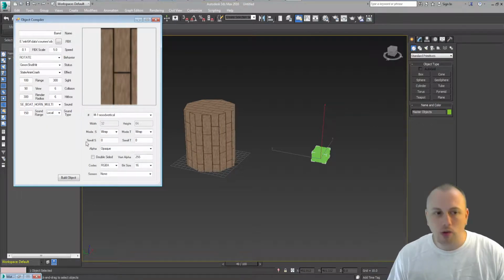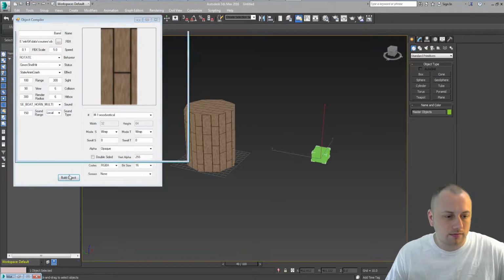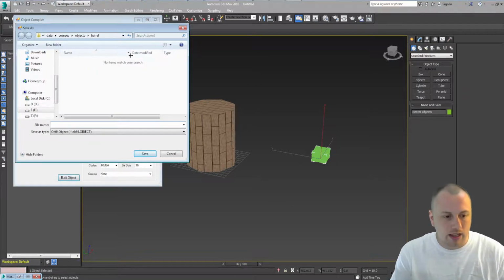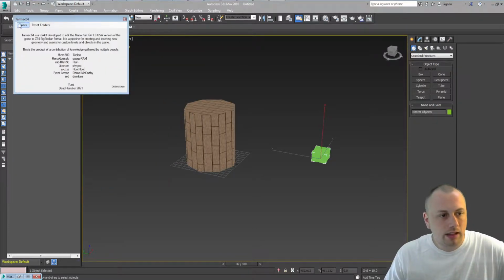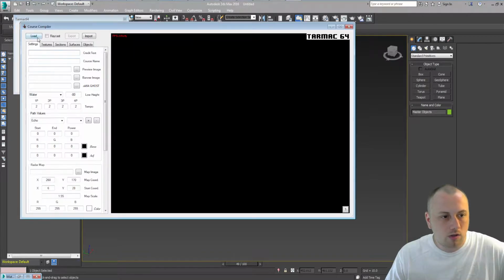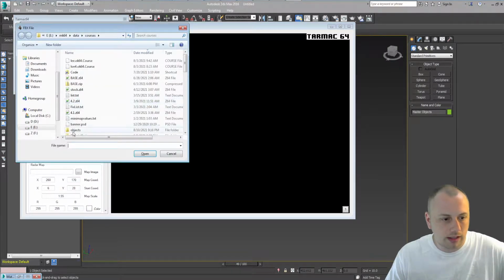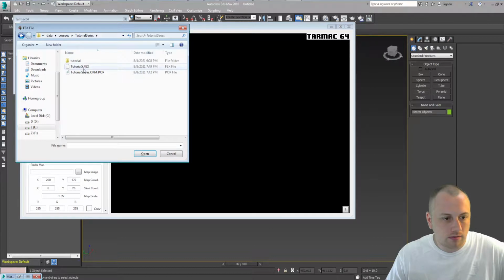Okay, that should be all the options we need to set to create this barrel object. We'll now hit the Build Object button, and we'll save the OK64 object file as a barrel. From here, if we were to go into our course compiler and load our FBX file,